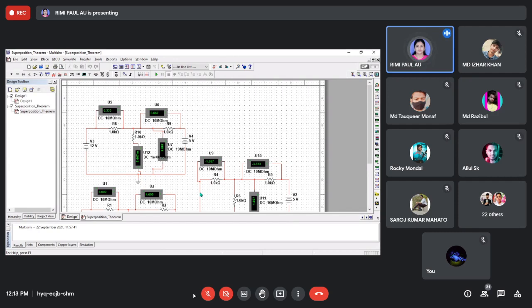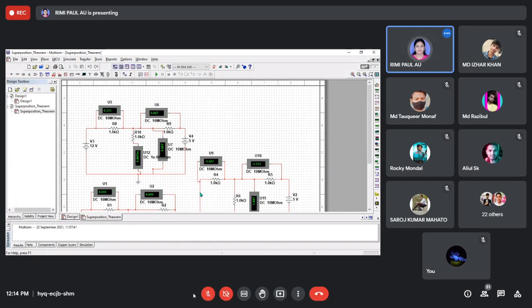Right. That's why I am going to show you the superposition theorem, which practically in your laboratory you will do on a breadboard. I will give you a supply, that means two voltage sources, and you have to connect these two voltage sources with your resistors, and put these resistors on a breadboard.